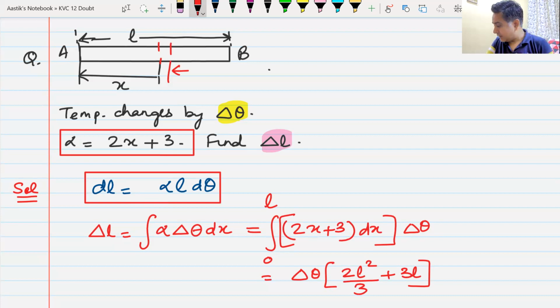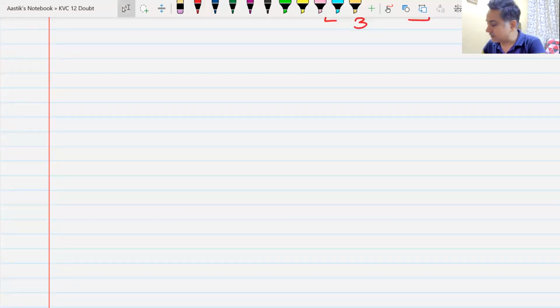Yes, sir. I can make a similar question on similar grounds. Anyone has noted this down, beta? Yes, sir. Noted. Instead of alpha varying with length, I can make a question. Then you can write this question. Alpha varies like this: